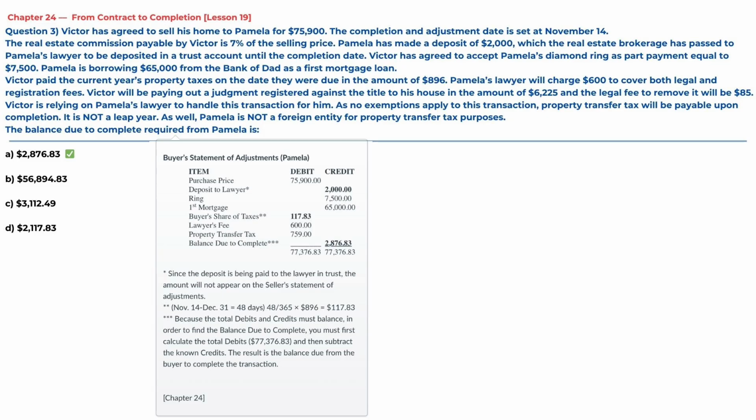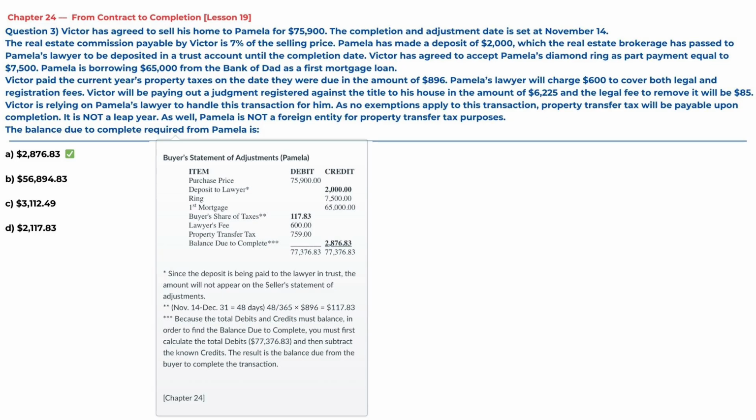statement of adjustments. November 14th minus December 31st equals 48 days. 48 days divided by 365 times $896 equals $117.83. Because the total debits and credits must balance, in order to find the balance due to complete, you must